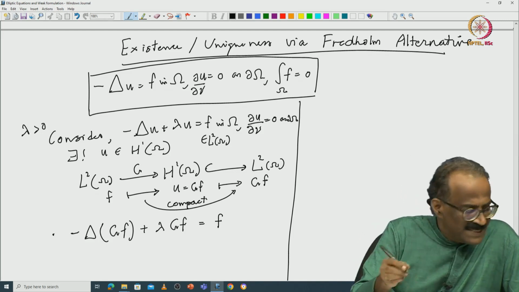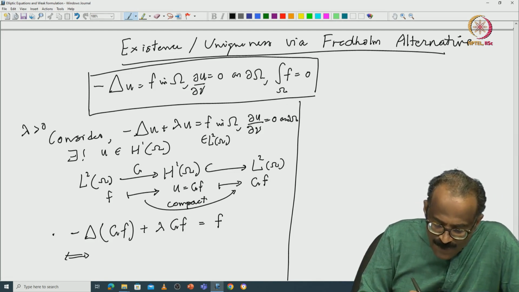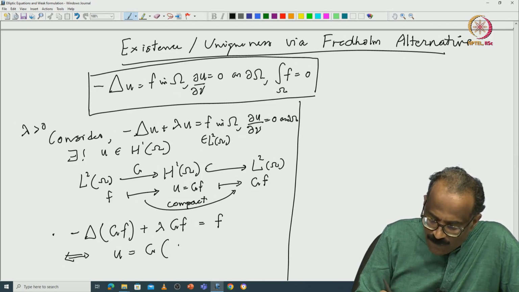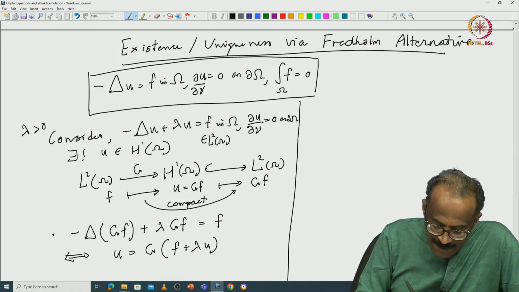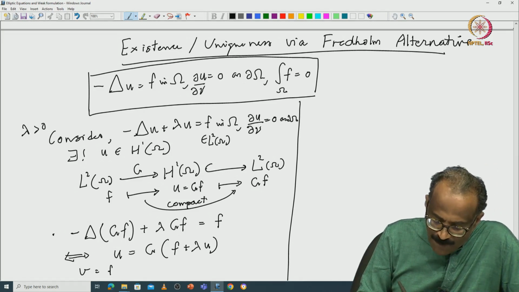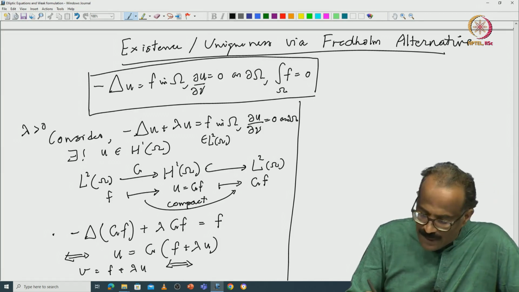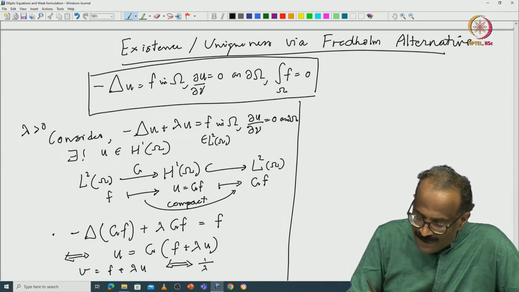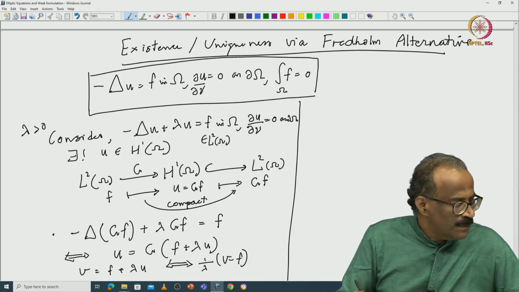Again, as we have seen earlier, this is equivalent to u equal to exactly what we have, g of f plus lambda u, okay, and you put again v equal to f plus lambda u, and this will become equivalent to, let me write, 1 over lambda v minus f is equal to gv,